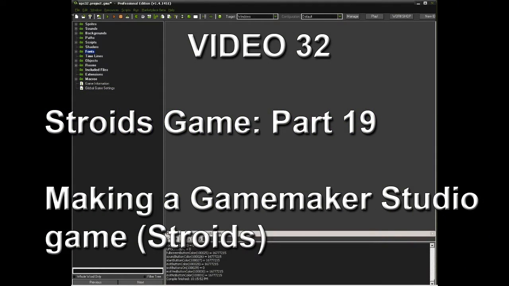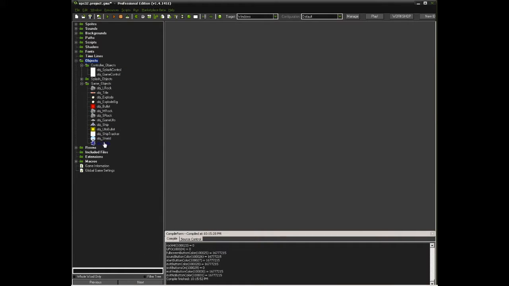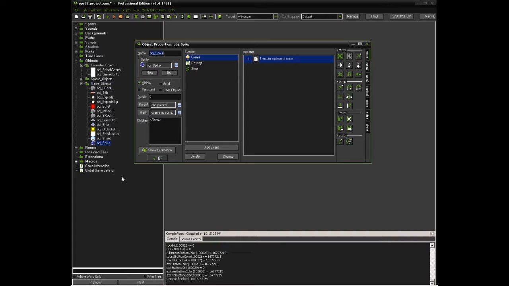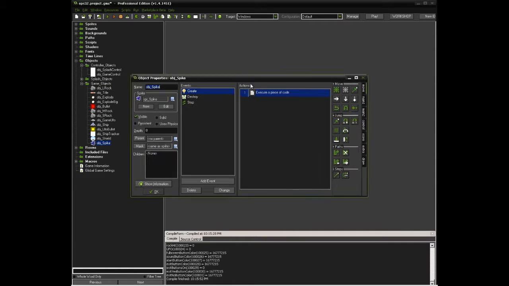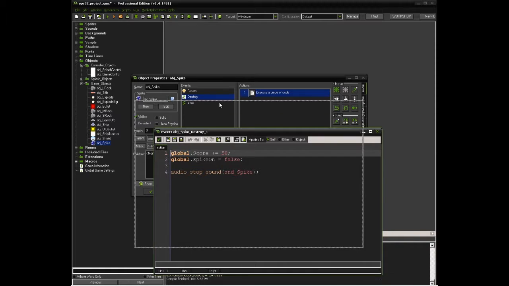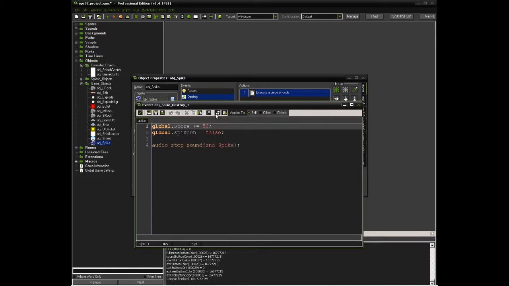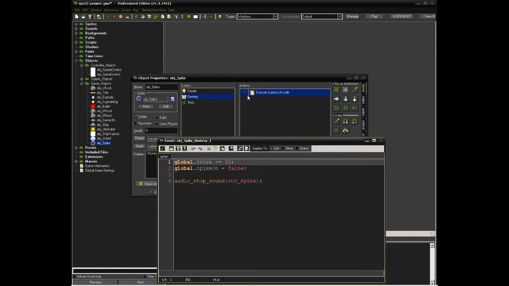Video 32. Okay, we're still working on the spike ball. So in the objects, you get your spike ball in your game objects. Okay, now when we destroy, in the destroy event here, let's go ahead and add